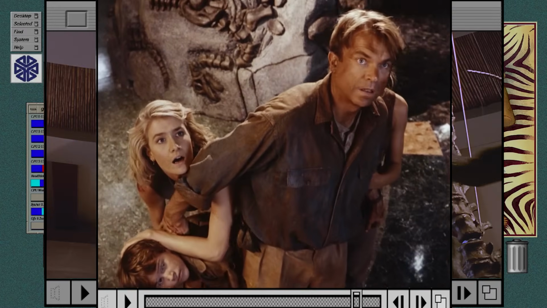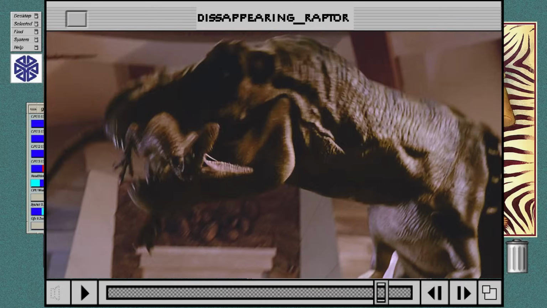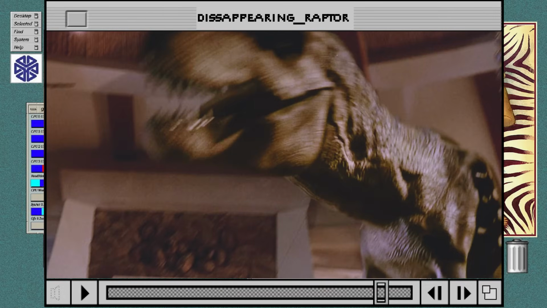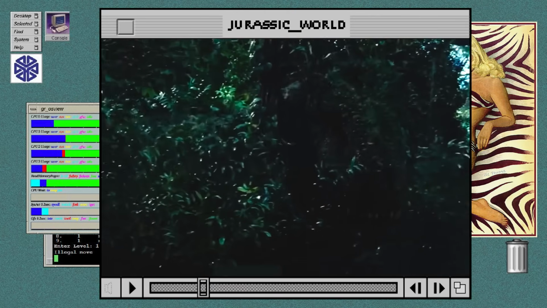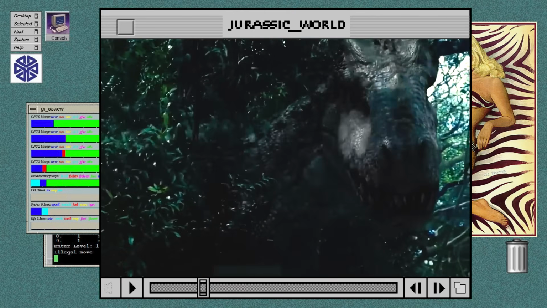That's right, they all see it. For one frame, the raptor disappears. Disappearing dinosaurs. They're not going to use that gag until Jurassic World, even if it is in Michael Crichton's Lost